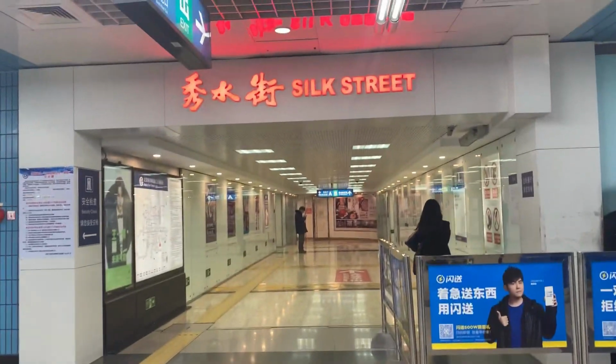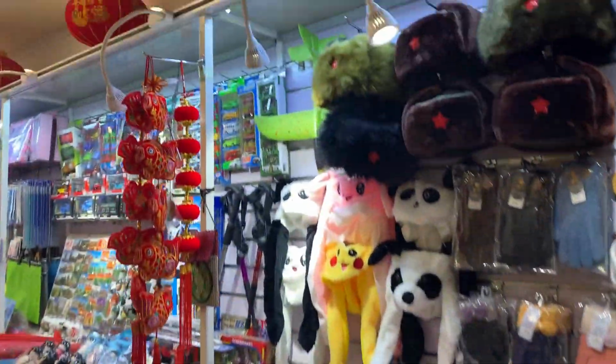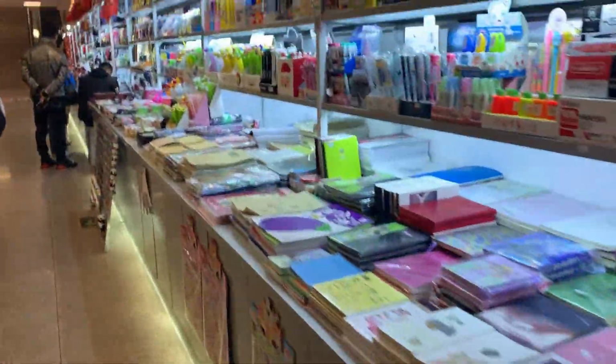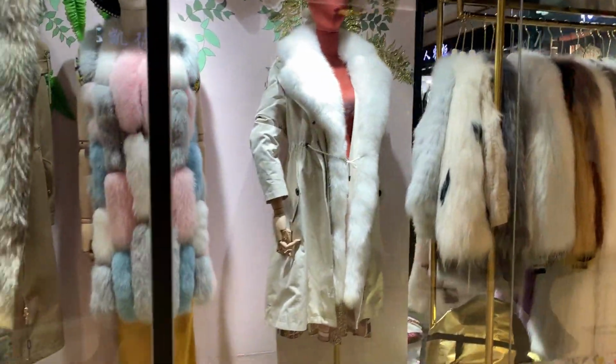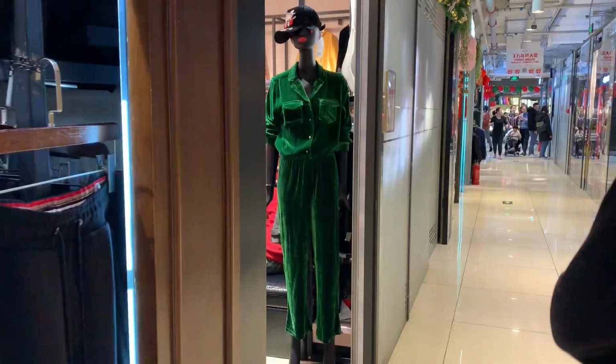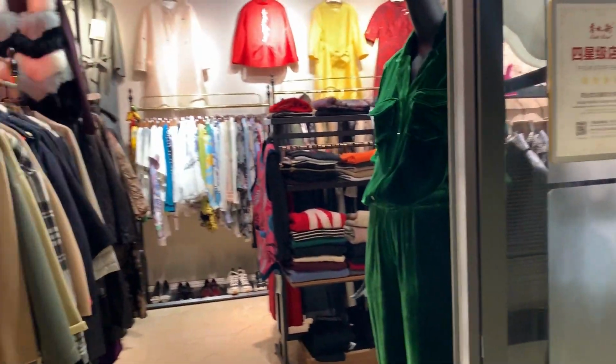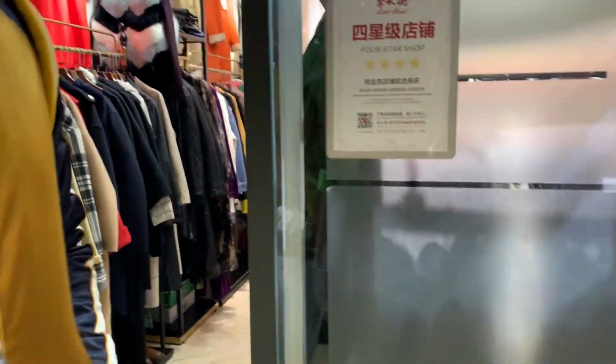Silk Street is basically a few steps away from where we are staying, very close to Fairmont Hotel. It is a shopping mall where you get fake stuff. I read actually a lot of videos on YouTube about this market, so super excited to see what's in there. I think you get even tailored stuff as well for a good price. So if you want to make yourself a nice suit, bespoke items, that's a good place to do it as well. So it's 8:15 in the evening